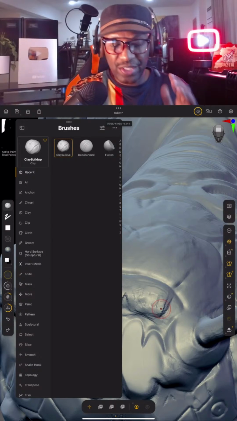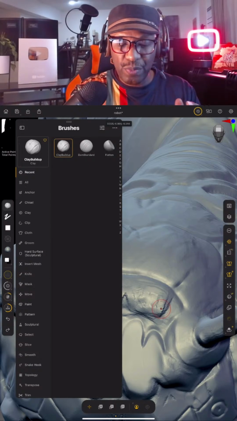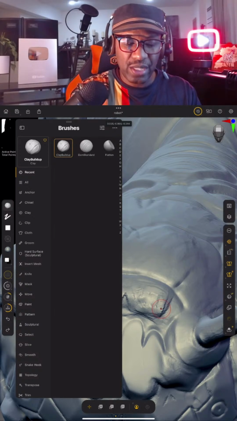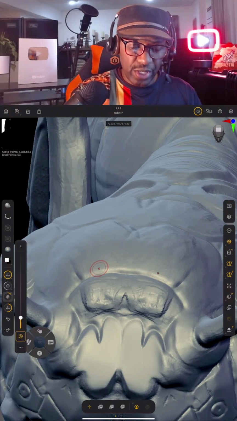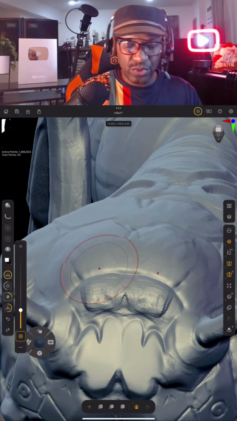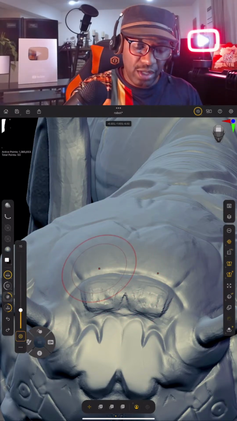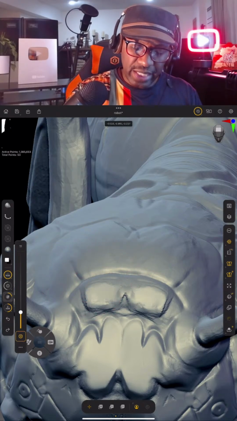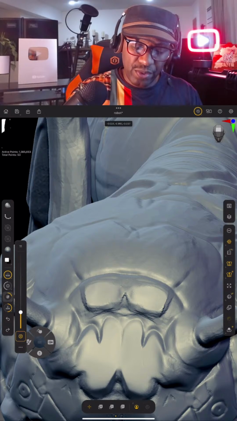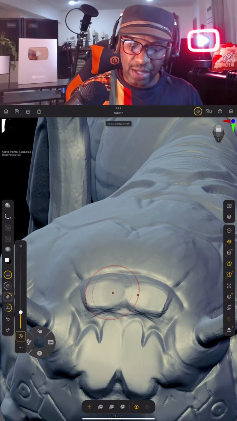And the good thing about ZBrush for the iPad is as you're using your brushes, the most recent ones are going to be added to the most recent tab over here. So I'm going to go to the flatten brush over here, and I'm going to increase the brush size. You can actually also use three fingers to pinch. Let me do maybe a size like that. Now I'm flattening this to be a panel like that,